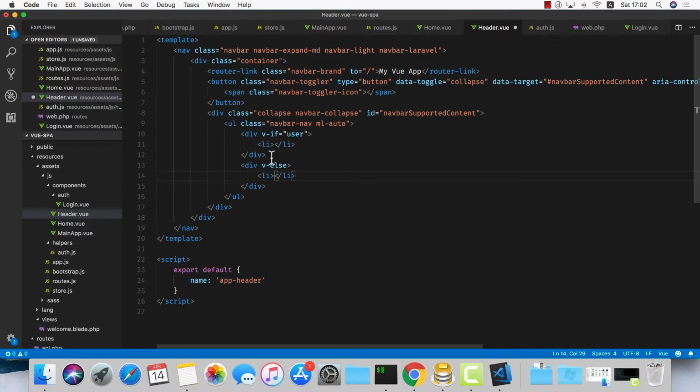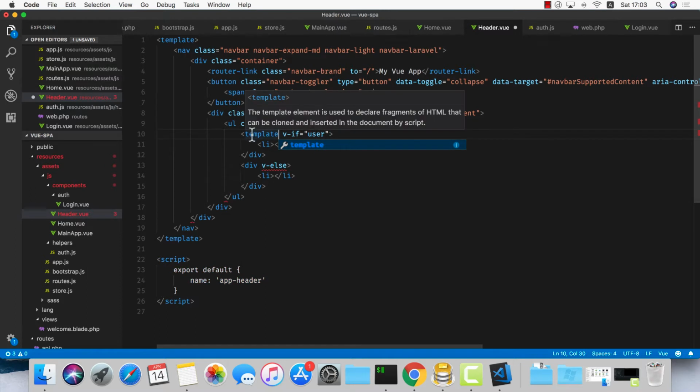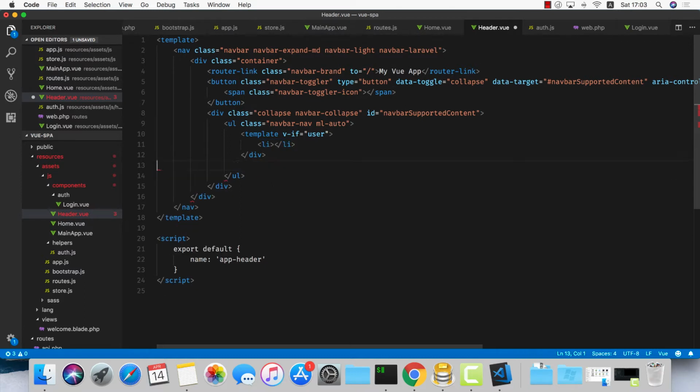But the problem is that we're going to get an unnecessary div inside our unordered list. What we're going to do is use the template tag, and this template tag is not going to be rendered inside our unordered list. It's just going to handle the logic of if-else, and then only what's inside this template is going to be rendered into our component. Okay, so let's do template here, and if we don't have a current user,